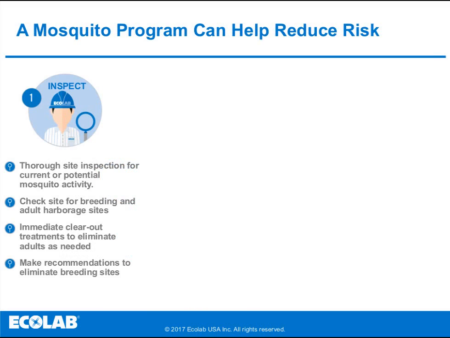And in partnering with a pest management company, here's how Ecolab can help. Ecolab's science-based 3-step program is specifically designed to help reduce mosquito pressure at your facility. The first step includes a thorough inspection of the facility to identify potential breeding sites and adult resting sites. And recommendations will then be made if there are items on the property that can be addressed by the property manager. If the potential breeding sites cannot be addressed,